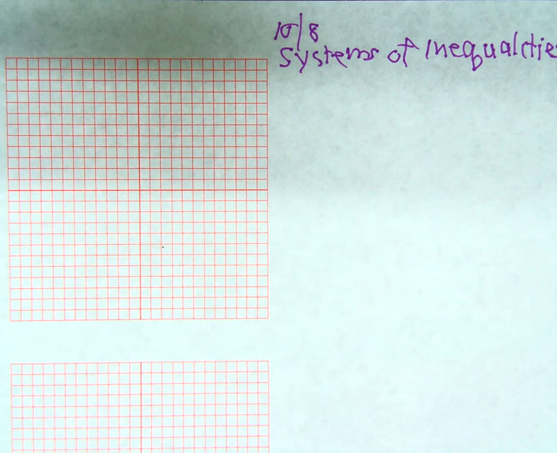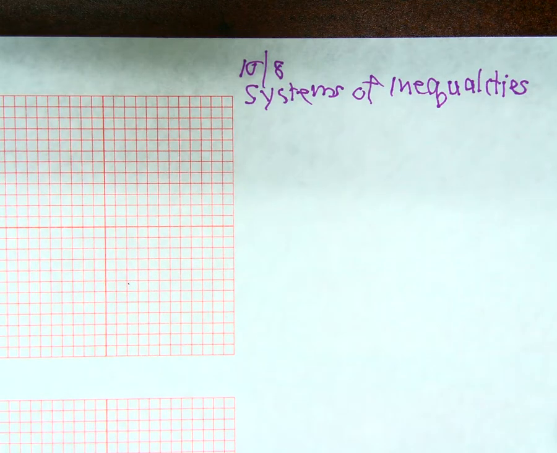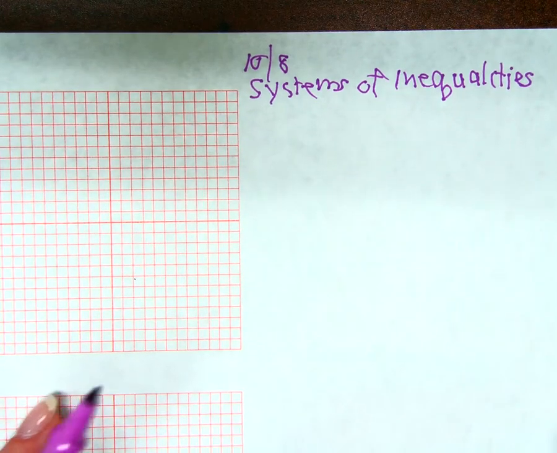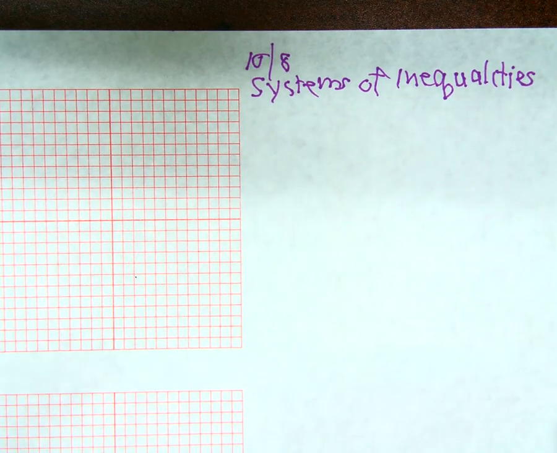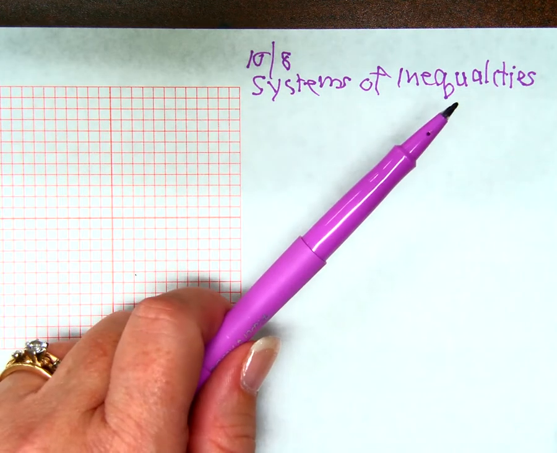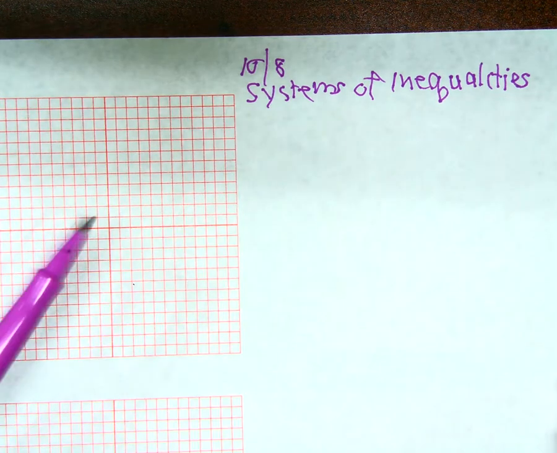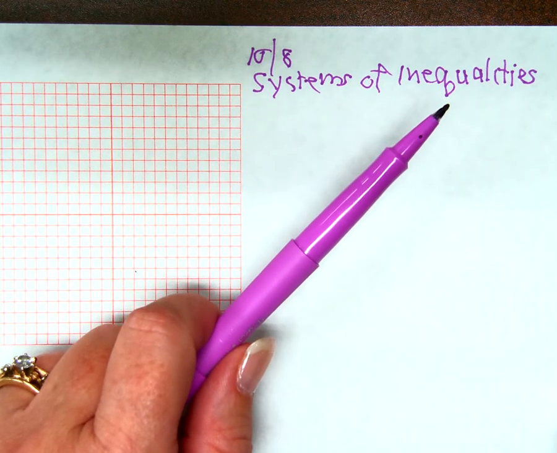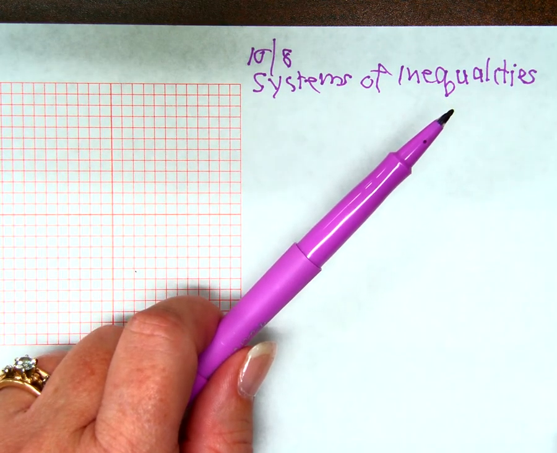Good. Okay, so then what's a system of inequalities? Multiple inequalities that work together. What are we looking for as an answer? An area. Because when we graph an equation, we graph a line, right? Especially if we're talking about a coordinate plane, right? But if I graph an inequality, what do I graph and